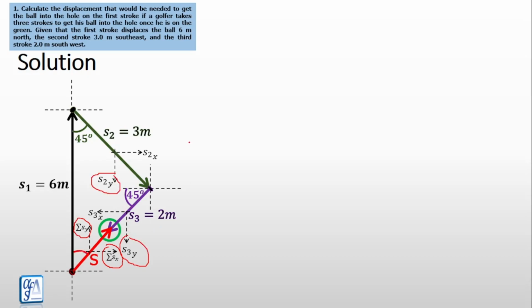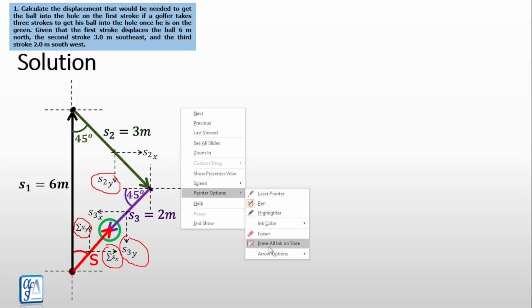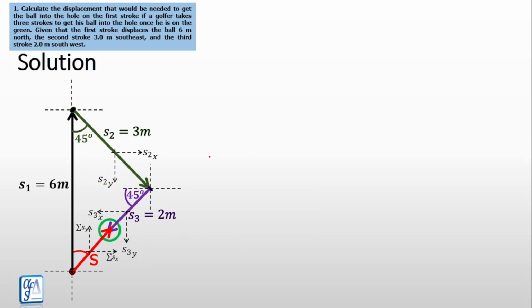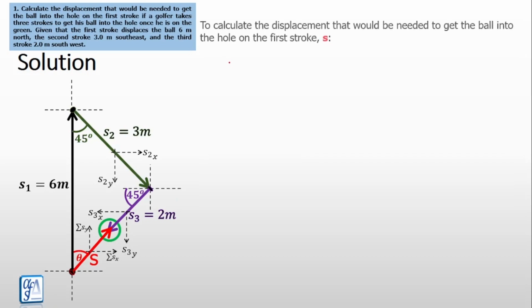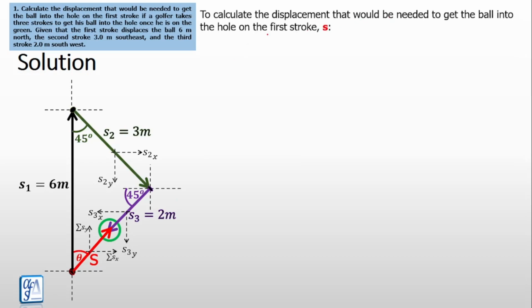And that's what we're doing. So let's go. Now, this is a very good interpretation of the question. Now, with this interpretation, let's see what we are going to be doing. Now, to calculate the displacement that will be needed to get the ball into the hole on the first stroke, which is S,